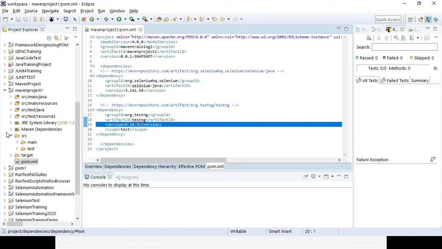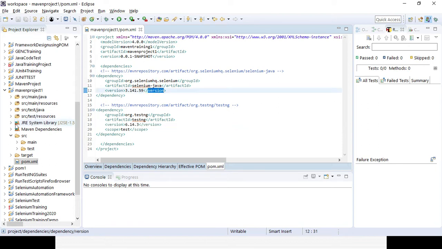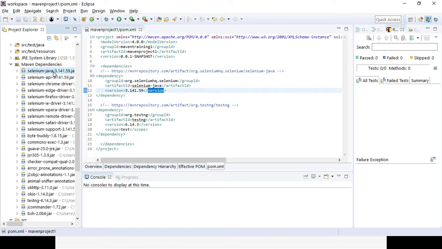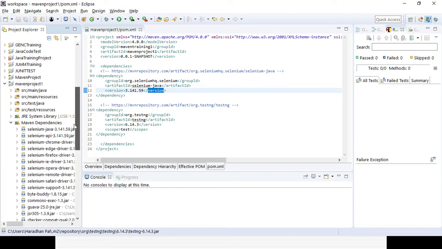Now you can see there is a folder created here in the project, Maven dependency, right? So whatever dependency you add, those will be added here automatically. So you need not download the jar files from the internet, and no need to add them here, right? You can see Selenium, all the relevant dependencies, TestNG also added, right? So now you can easily create a TestNG class because the TestNG dependency has been added in the project, right?